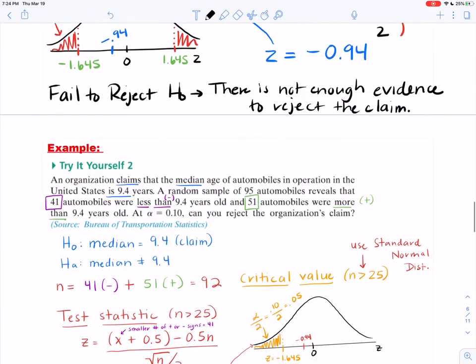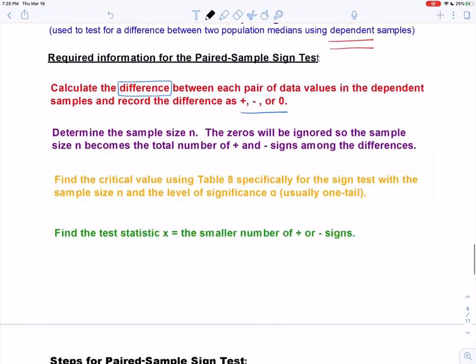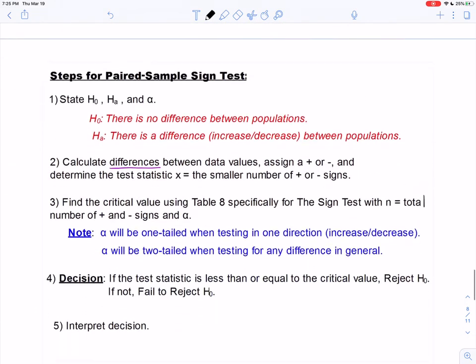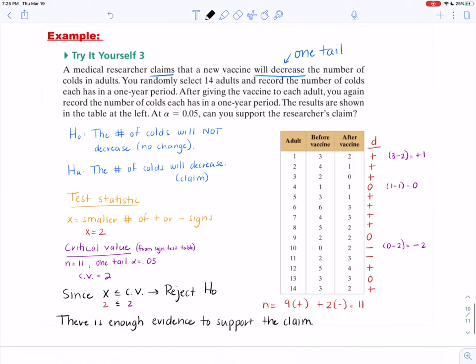And then the last thing in this section is using the sign test to compare two data sets, paired data essentially, and this one's typically called the paired sample sign test. And this was the other example that was shown for you in the Learn the Content video that was produced by the textbook. So again, if you have not watched that video already under Learn the Content, be sure to do that to fill in the rest of your notes, and then get to work in your practice problems and your demonstrate problems in section 11.1